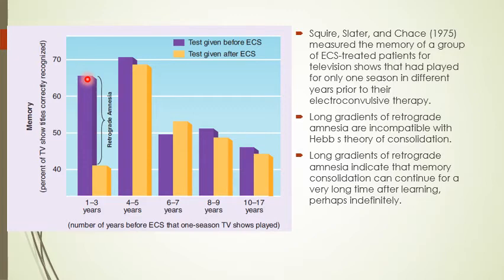And after the ECS, diba, they can only now recognize 40. Diba? So that's a really big difference from 65 to 40. And take note that this is applicable for TV shows that have been shown 3 years ago already,